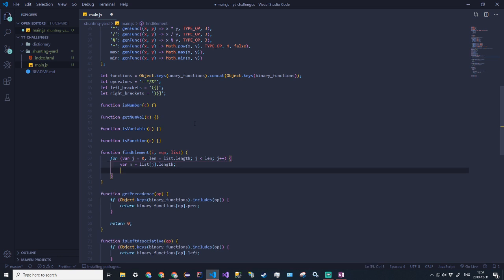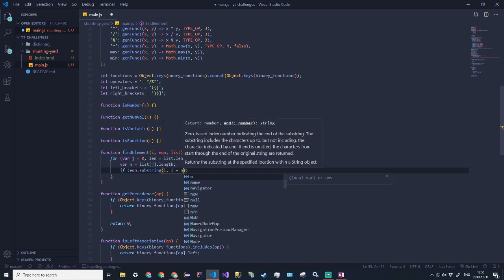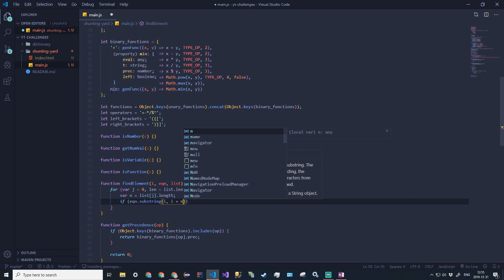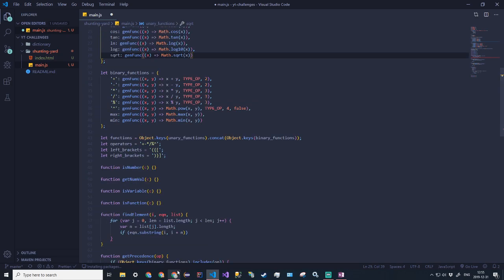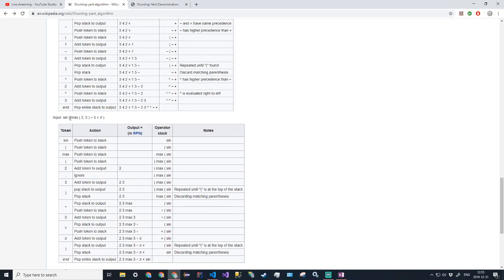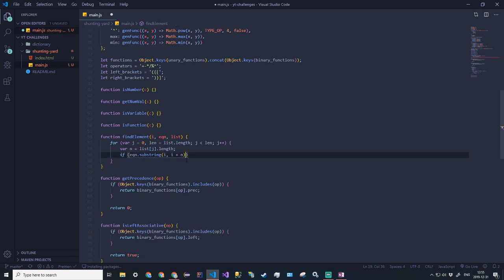So the length there, and then if the equation, a substring from i to i plus n. If we're at the ith character and we want to go 3 over to see if it's min, we'll get the substring. If it's like this equation here, and we're at this index, and we're looking at the max function, we'll start here, go 1, 2, 3 over, and compare it to c, if that's the function. So if the substring is equal to the list at j,